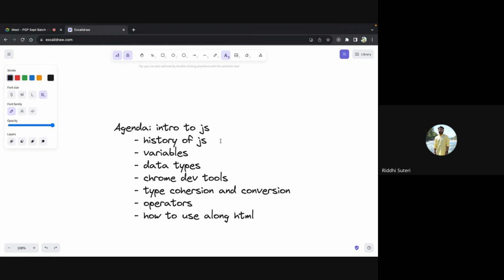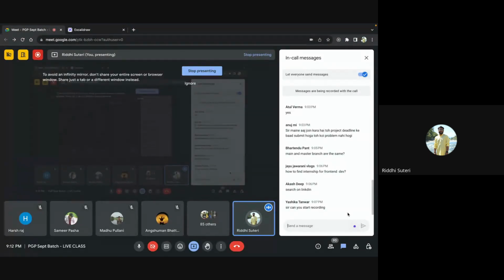Let's start by quickly seeing what all information you possess about JavaScript. When I say JavaScript, what all comes to your mind, apart from just knowing that it is something we use in web development? I've seen many people understand JavaScript just as something we can use to create our web page or to add some features to it, with no more depth than that. I just want to know from you what you think JavaScript is capable of doing, or what in your sense JavaScript is.